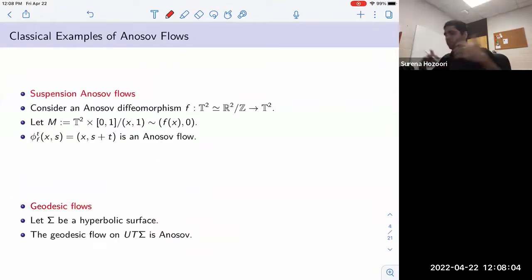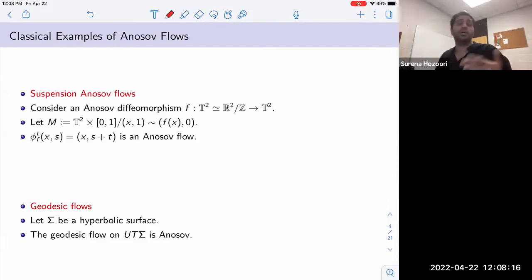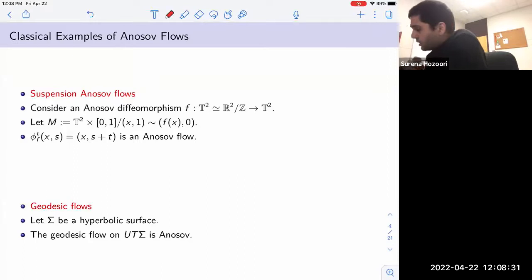Let me give you a few examples. There are two very classical examples of Anosov flows. As a matter of fact, it took quite some time for new and inequivalent Anosov flows to be introduced. One of them is the suspension Anosov flow. Consider an Anosov diffeomorphism of the torus. Remember that this means that this is some area-preserving linear map,